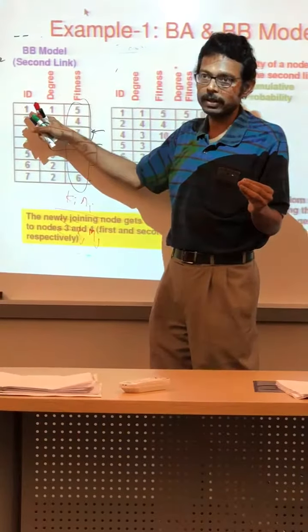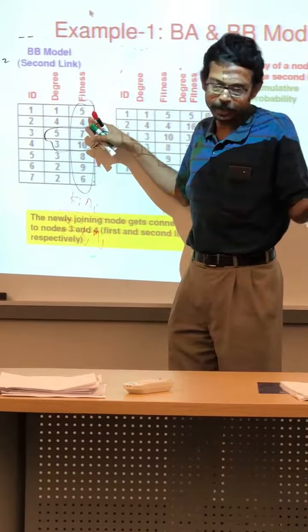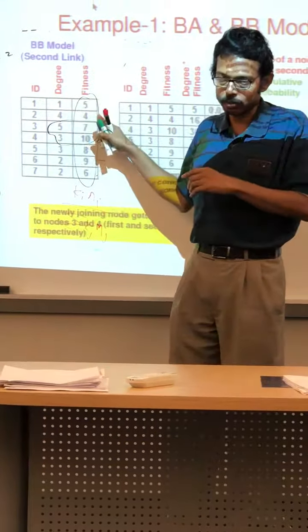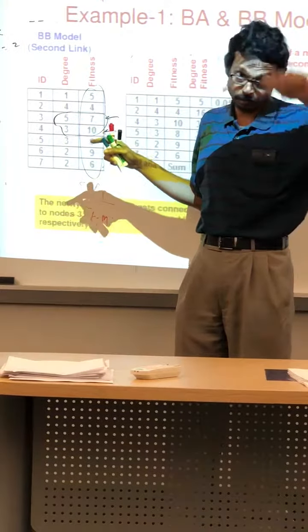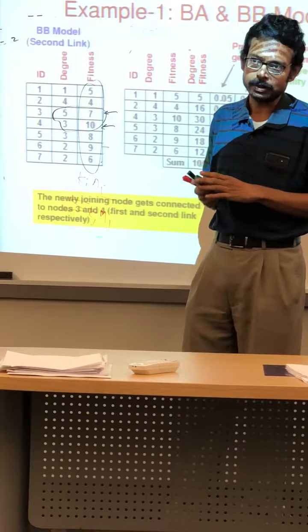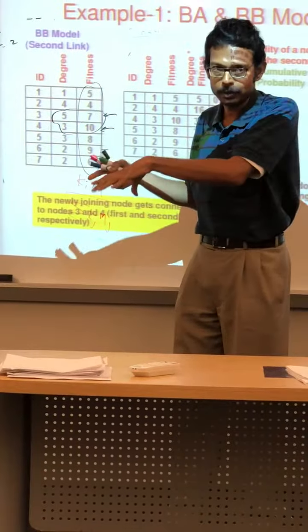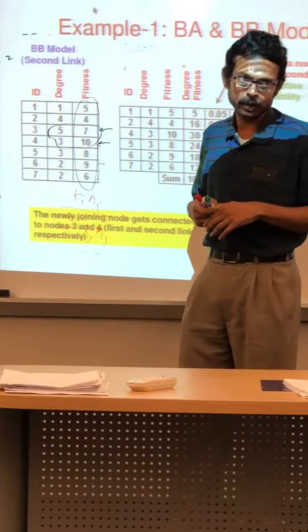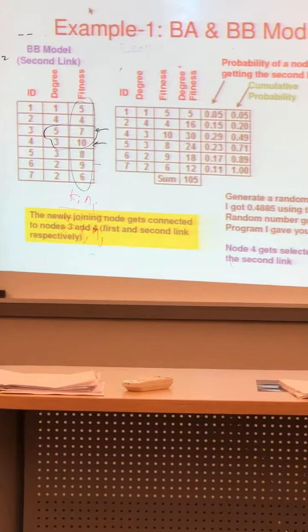So node 1 joins the network at time 1. Its fitness is 5, and its fitness remains throughout the evolution process as all the new nodes join. Degree may change, but the fitness will not change. So fitness is not a time varying thing. It's just a fixed value, but different for each node. Each node may have different fitness. So fitness is an offline parameter, whereas degree is an online one. It depends on the network and how it grows with time. So the combination of the two is used to design the new link under the BB model. Alright, so we'll do some more problems on this later on and then we'll